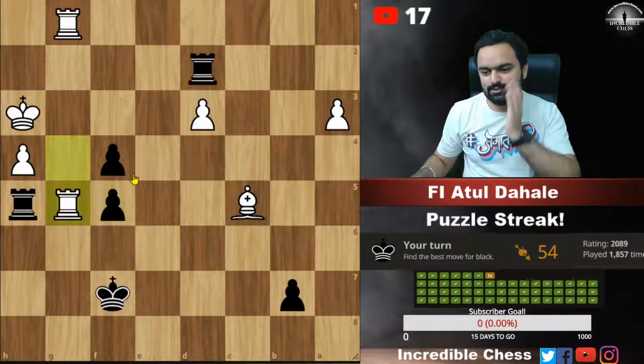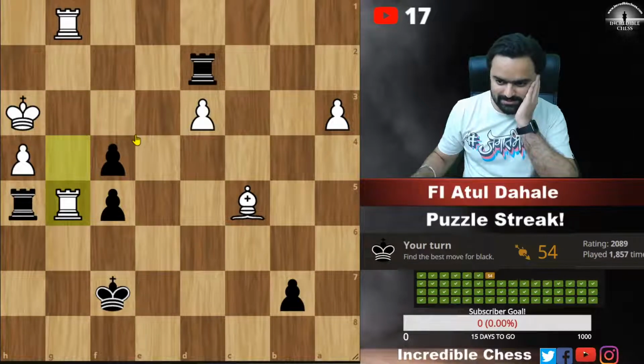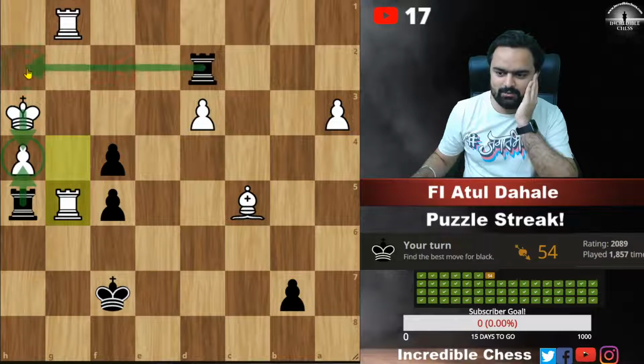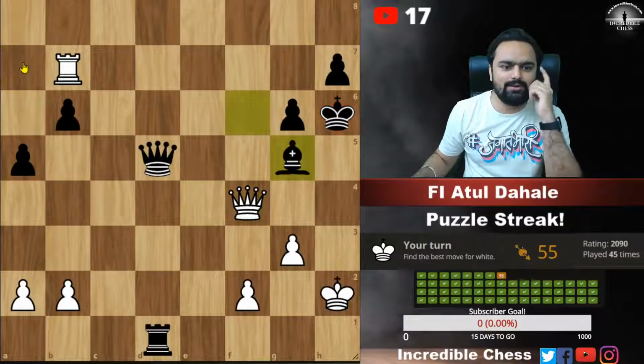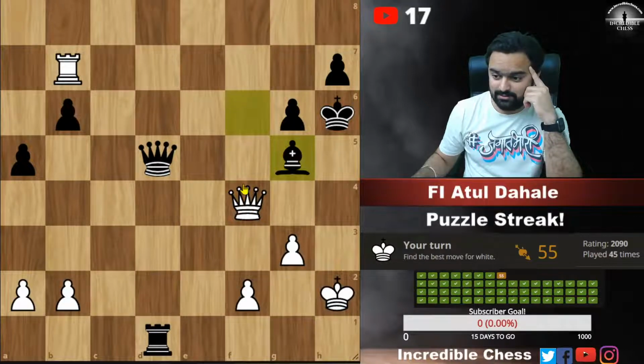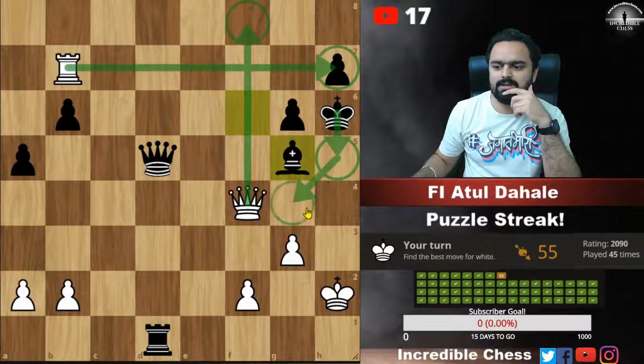All these puzzles are so easy that I sometimes feel like, okay, this one is also very easy. Check, and the rook will capture here, and it's a mate. And okay, I will try to solve a little bit faster because you guys are there. So we can give this check. King will come over here, rook will capture over here, the king will come here, and